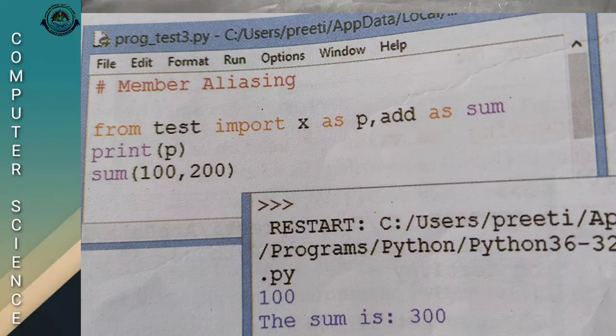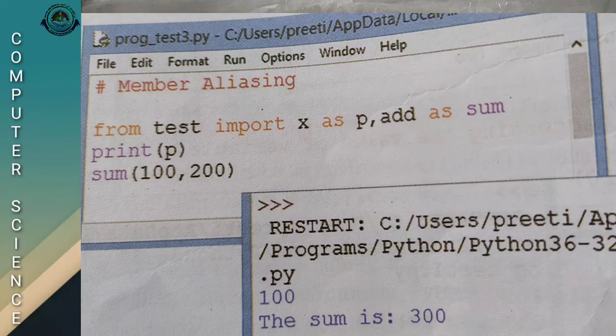From test import x as p. Previously we discussed module aliasing, giving an alternative name for a module, but here we are giving an alternative name for a member of a module. From test import x as p, add as sum, then print(p, sum(100, 200)).